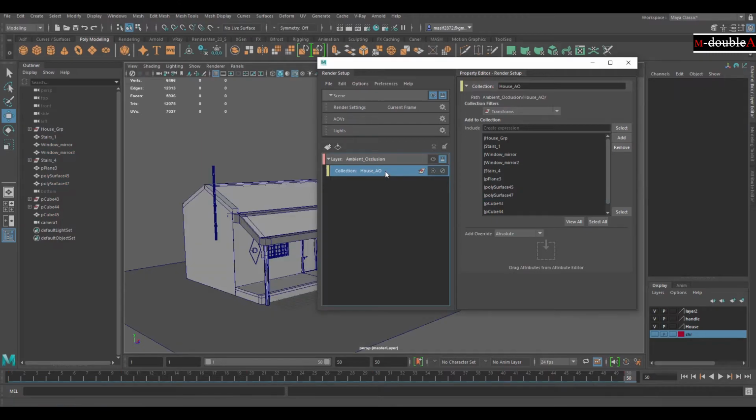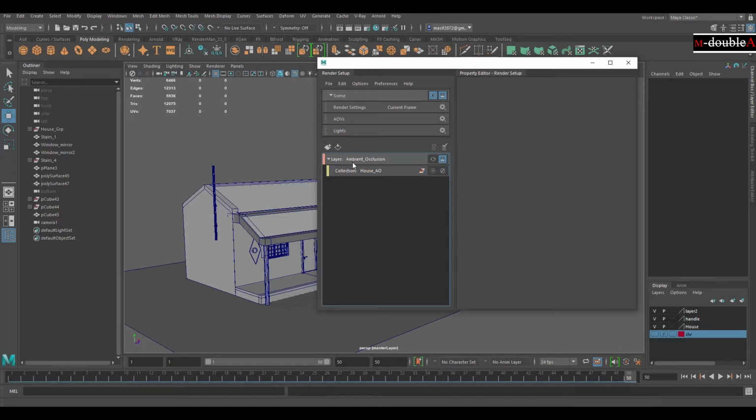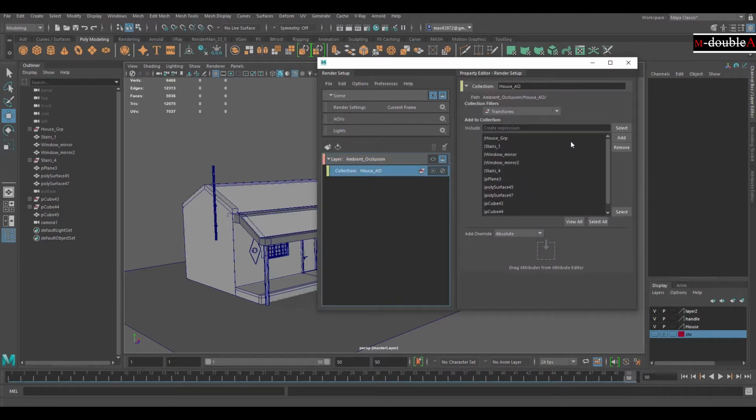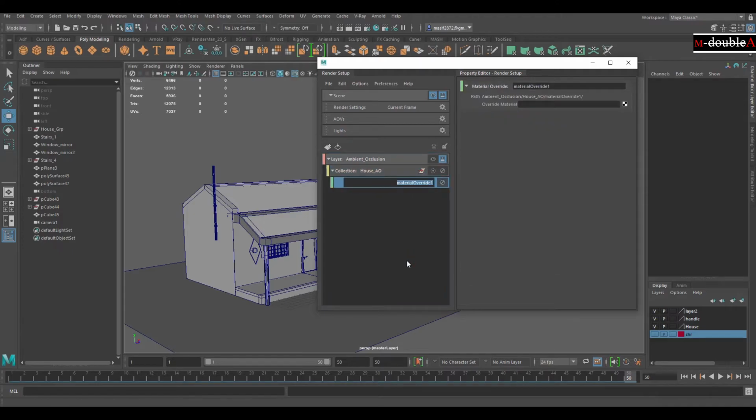Next, right click and create material override. Okay, be careful. Ambient occlusion, create collection. After creating the collection, select everything you need to show in your ambient occlusion, and click on create collection, then create material override. You can rename that ambient occlusion also.